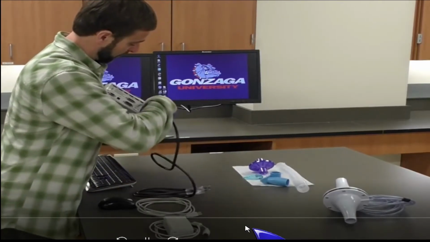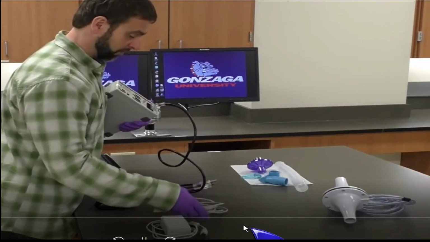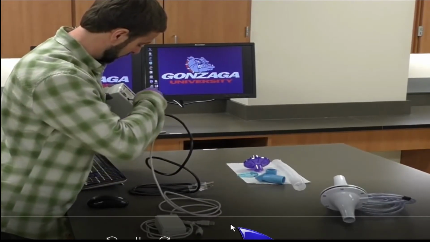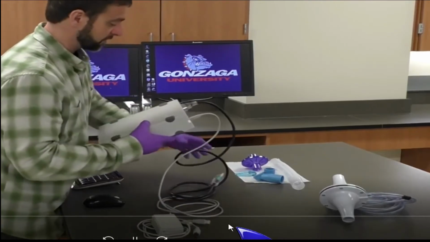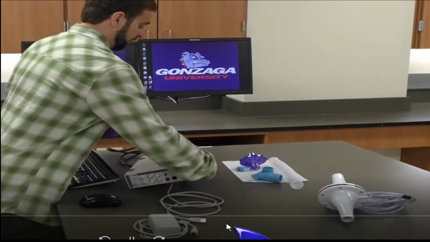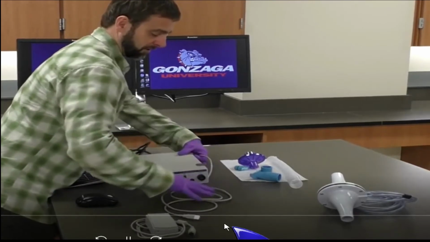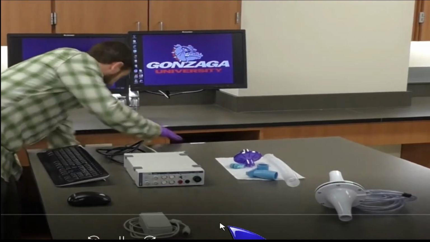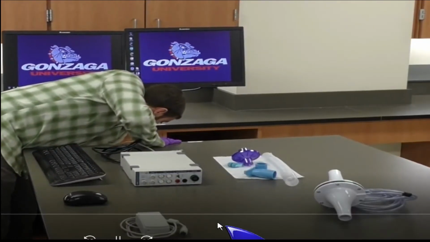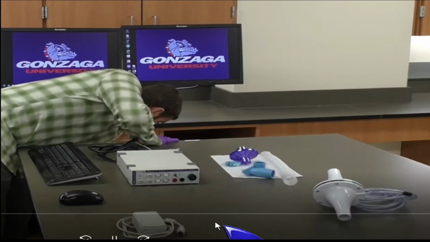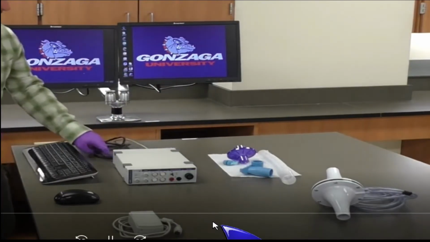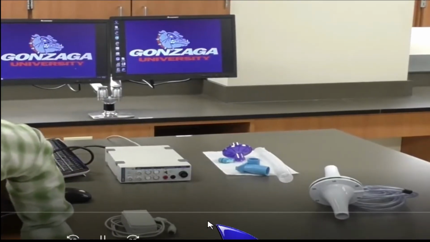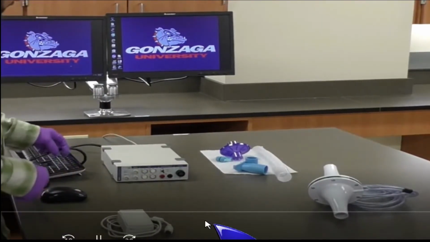First of all, we will connect a power cord and a USB cable with the PowerLab. As you can see, we have connected these two wires with the PowerLab hardware, and we already have the software in our computer system. So from here we will connect this PowerLab to the computer system, so that signals will be transmitted from the PowerLab to the computer system and to the LabTutor software. And this is the power cord, so that we can supply electricity to the PowerLab.